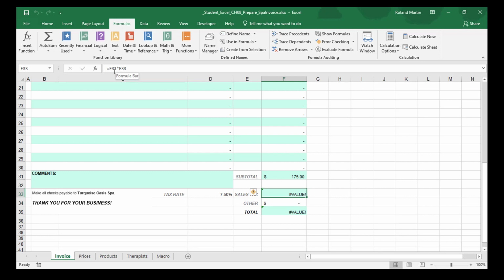We see that we're using F31 times E33. So if we look at that, I'm going to hit the F2 button to see what parts are my formula. Alright, well obviously I can't take this value times this text, so that's what our problem is. But we can look at this in another way. If I hit the escape button, here we see Evaluate Formula in our Formula Auditing group once again. So if we click on Evaluate Formula,